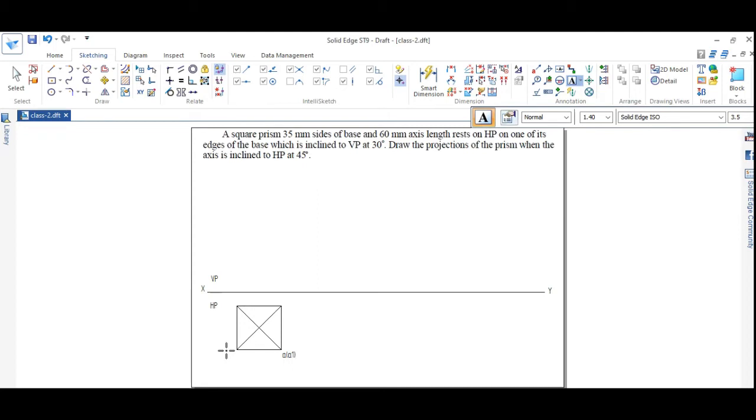Similarly, here B in the bracket B1. Here it is C in the bracket C1. Here it is D in the bracket D1. And the midpoint of the top face I will name O, and the bottom face midpoint I will name O1.